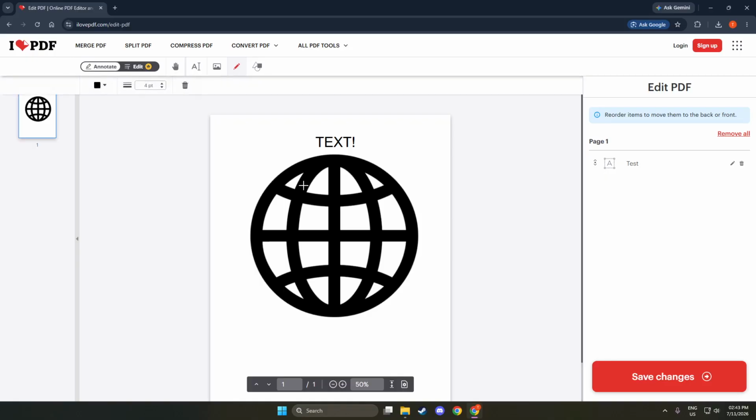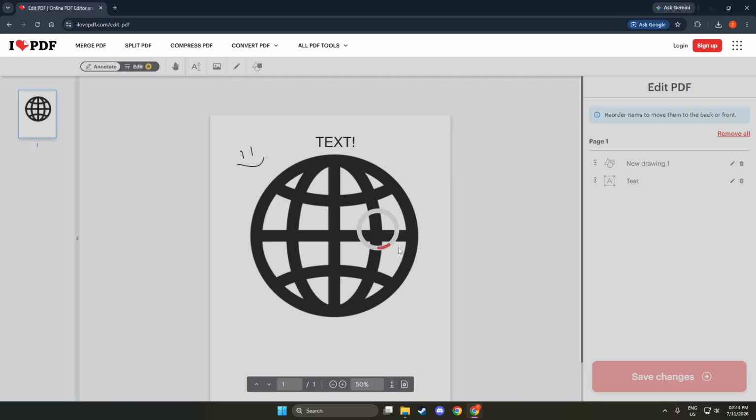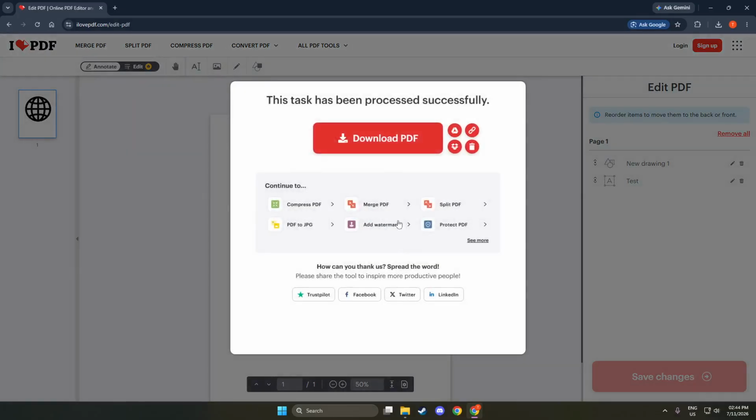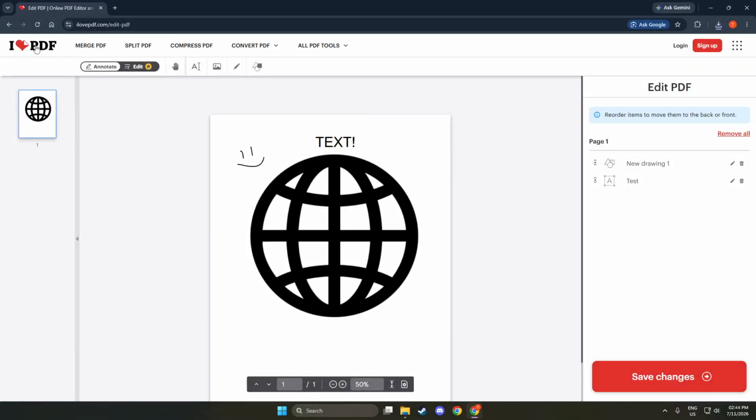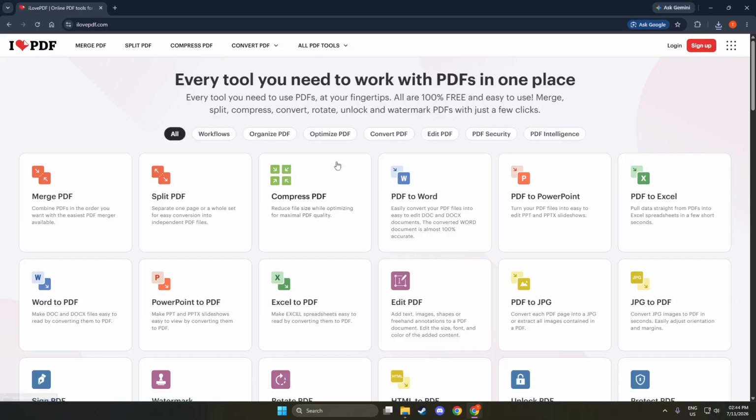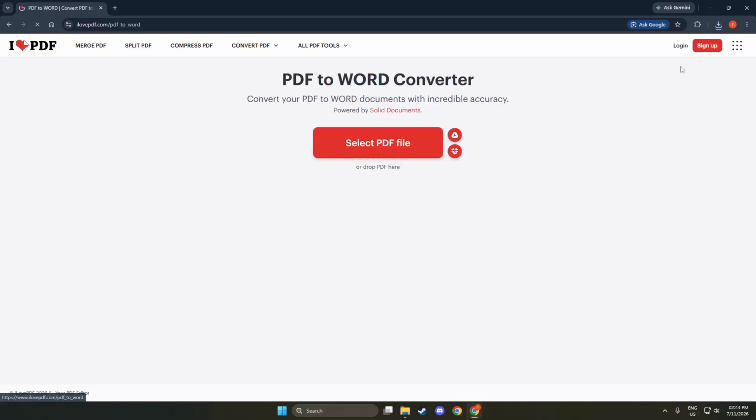After that, draw if you need to highlight or annotate specific areas. The drawing tool is easy to use and lets you freehand your notes directly onto the document. This can be particularly useful for marking changes or emphasizing key points. You can select different colors and brush sizes, allowing for a personalized touch to your edits. This kind of annotation can make your document clearer to others who may view it later.